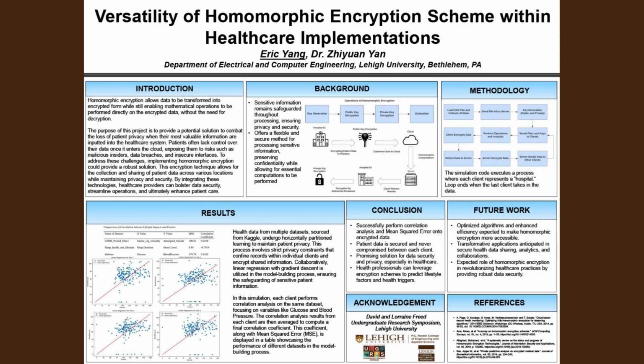How can healthcare industries utilize privacy-preserving machine learning techniques such as homomorphic encryption schemes in order to create a prediction model to find correlations between health triggers and illnesses? I wanted to find out if one can perform different types of data analytics, such as correlation analysis on patient health history, and find trends between their history and their illnesses while still maintaining the privacy and security of their